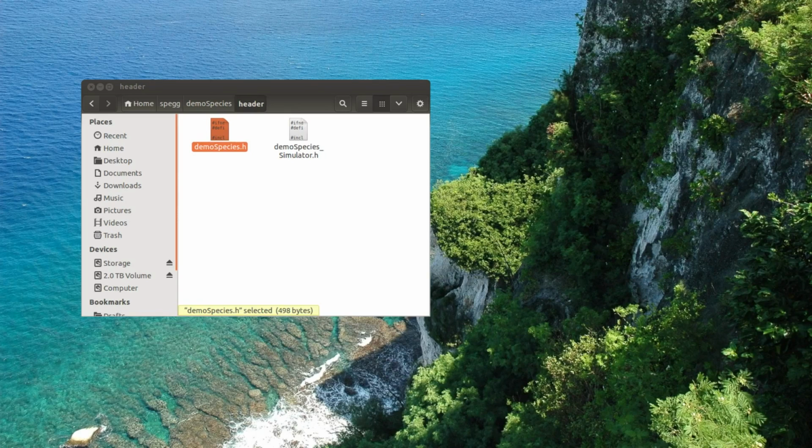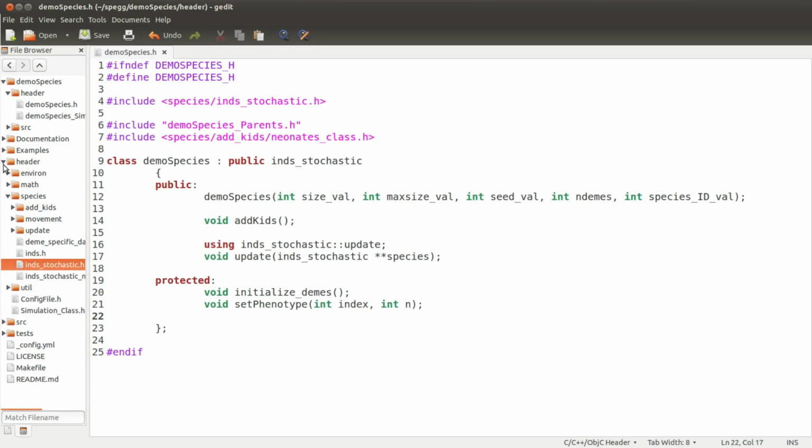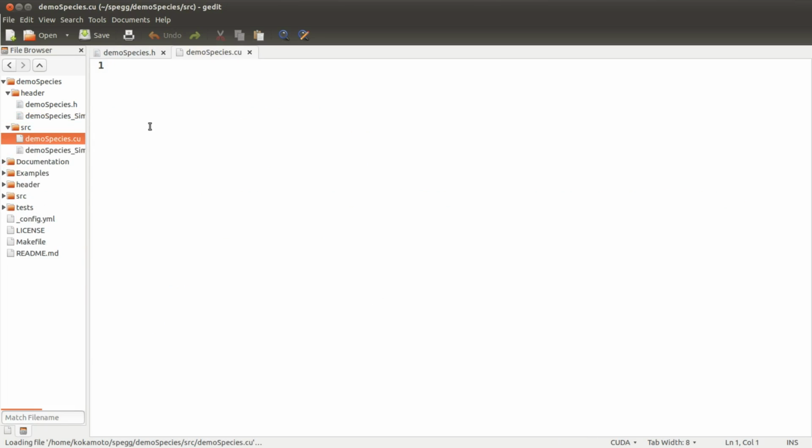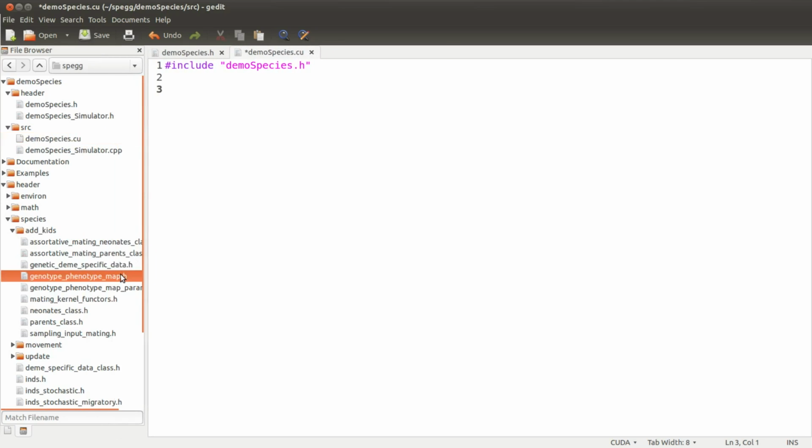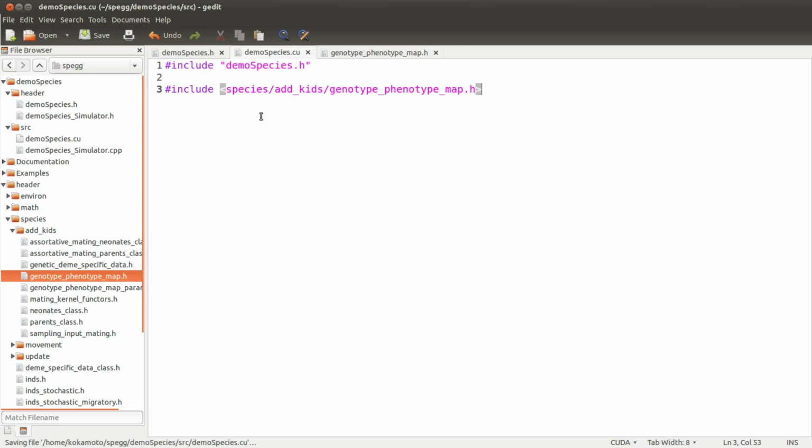Now at this point, let's construct a skeleton of the corresponding .cu file that implements the functionalities we've defined for demo species. We'll navigate back to the src directory and create a .cu file called demospecies.cu. The first thing we want to do inside our .cu file is to include our headers. We'll of course need the class definition demospecies.h, but we'll need a few other header files. One header file we'll want to use is the header file that will define our genotype-phenotype maps called genotype-phenotype-map.h. The next header file we'll need is a header file for a class that will manage our updating function called